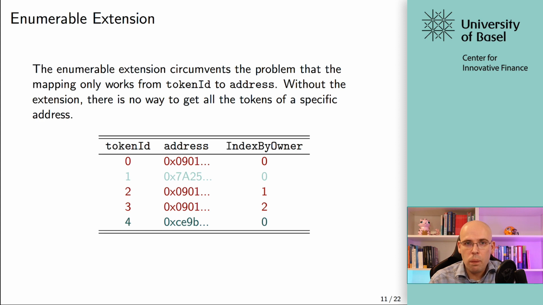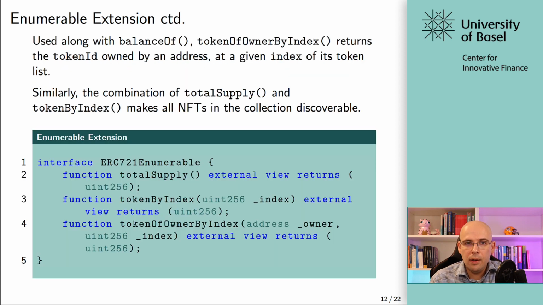Okay. Now what you can do with that is use the combination of balance of, as I said earlier. Then you know for a given address, for a specific owner, how many tokens they own. And token of owner by index. There you can ask for a specific one when you're giving the address of the owner and the index. So the function you can see right here, the arguments are the address of the owner, as I said, and the index. And since you know how many of these indices you have to expect from the balance of function,